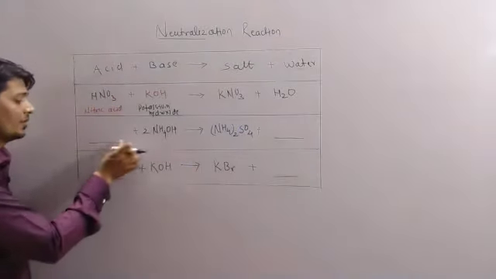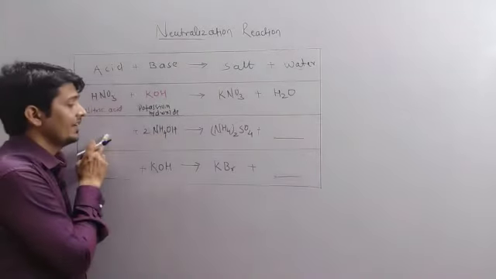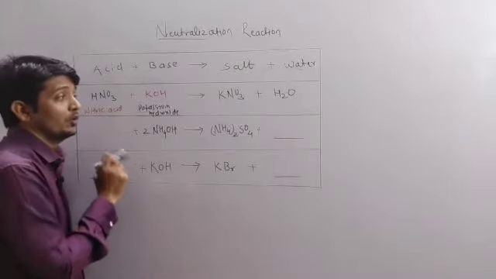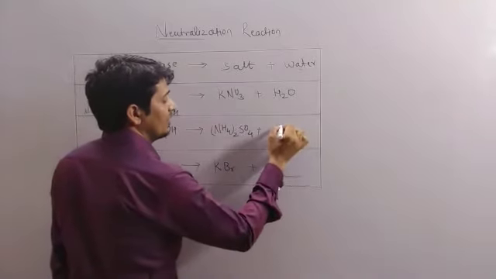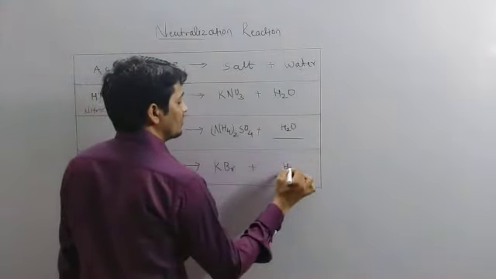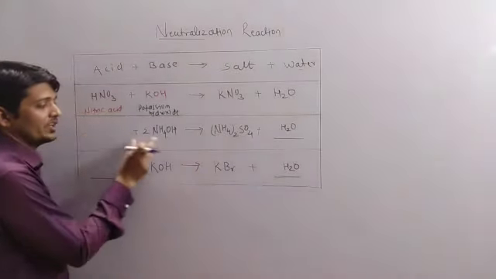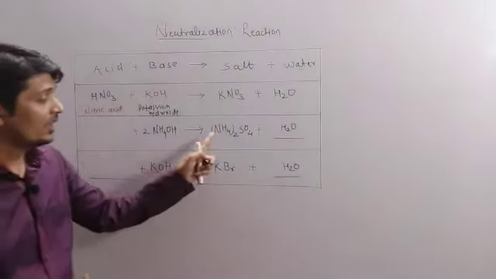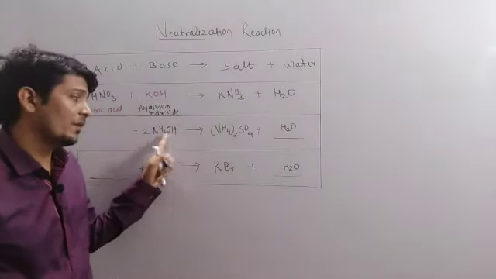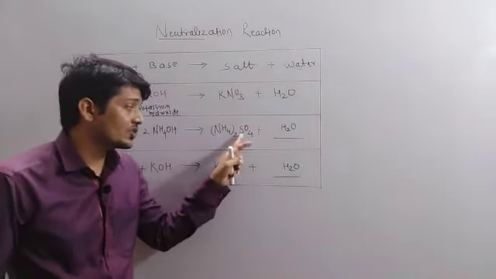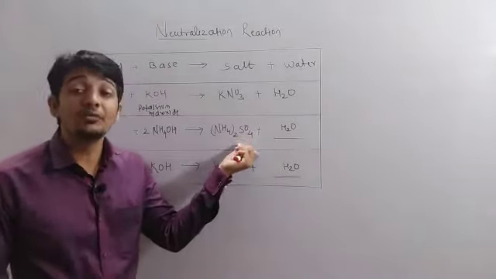Now the next example. Here the base is given, which is ammonium hydroxide, and we have to write the acid. We know the other product along with the salt is water, so we have to write H2O here and also here. Now we have to write which acid is used so that it can form the ammonium sulfate salt. Here we have ammonium hydroxide, and here we have extra SO4. This is a sulfate ion, and the sulfate ion is produced by sulfuric acid.